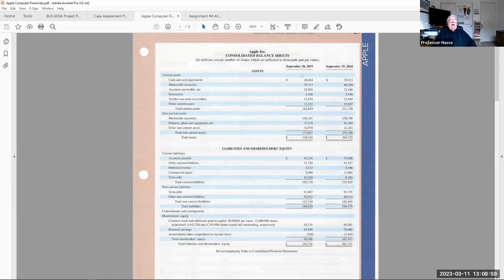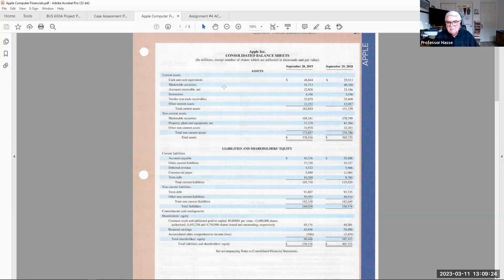Apple's fiscal year ends at the end of September every year, not December 31st, not March 31st, not June 30th. September 28th happens to be the last business day of 2019 for Apple Computer. And number 2, notice it's in millions